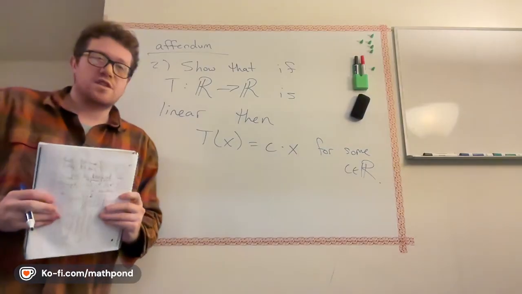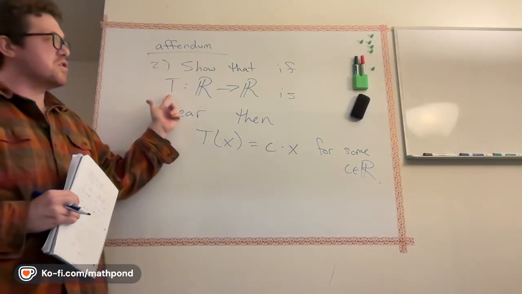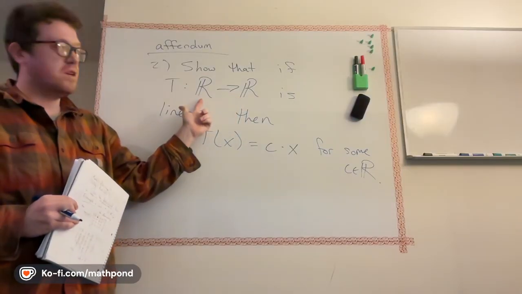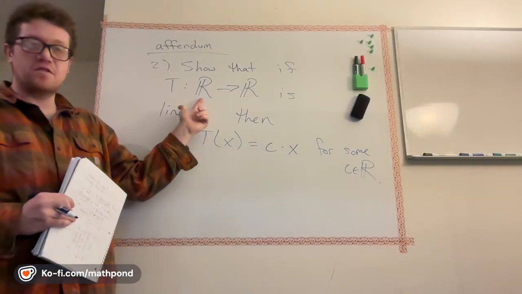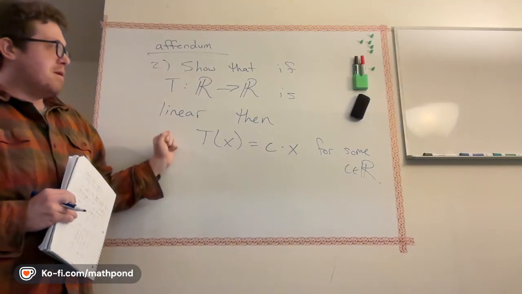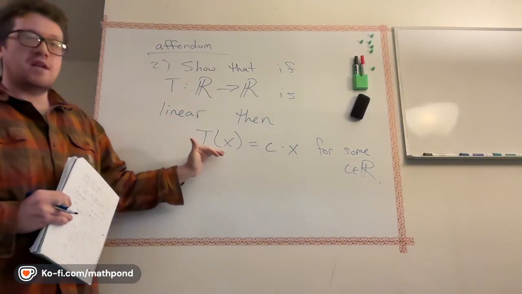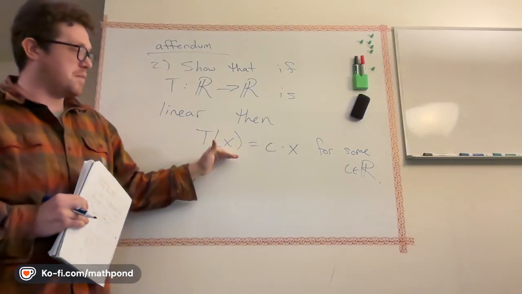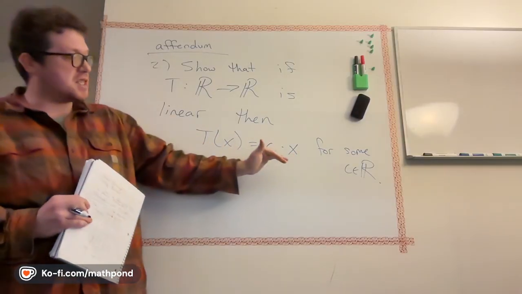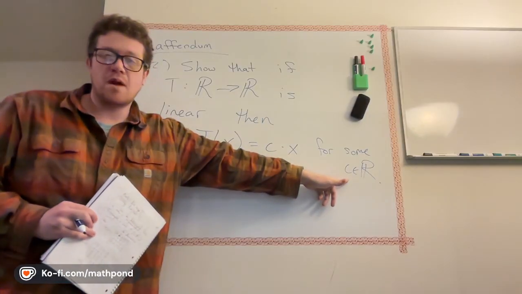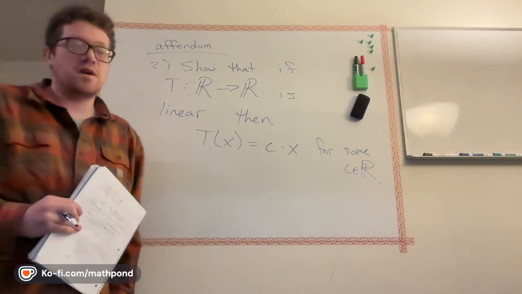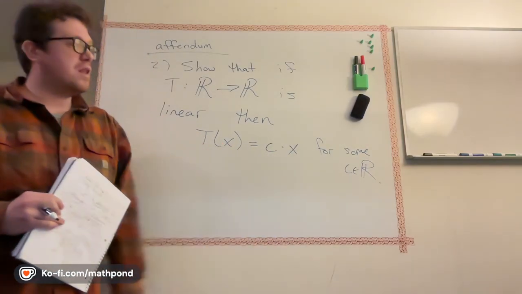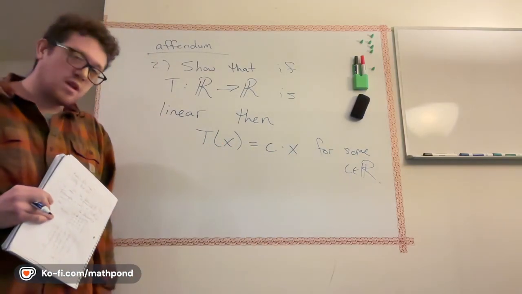Okay, so essentially what we want to show is that all we're assuming is we have some linear transformation between R and R, so these one-dimensional real vector spaces over themselves. Assuming this is linear, then we want to show that necessarily the function just multiplies every number by a constant. So every number x, we apply the transformation, we just get c times x for some number. That number could be 0, it could be non-zero. If it's 0, then obviously the function is not invertible. If it's non-zero, then it is.